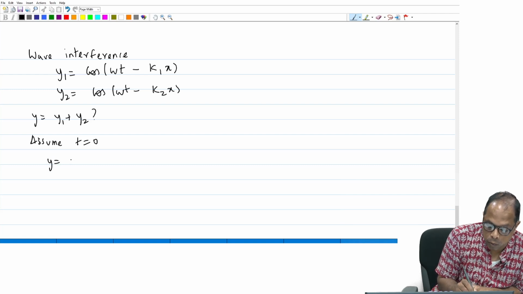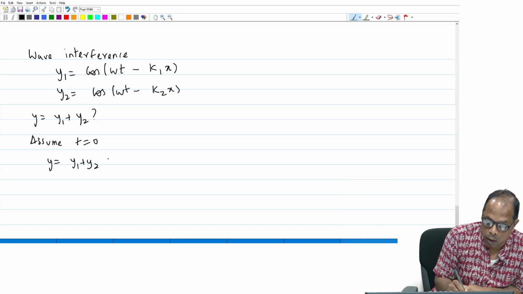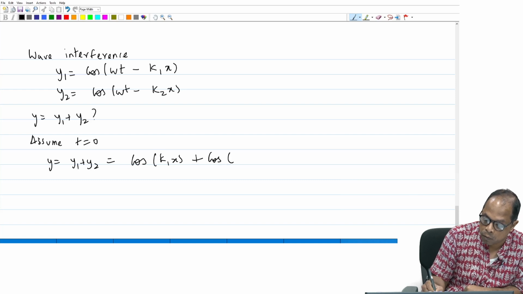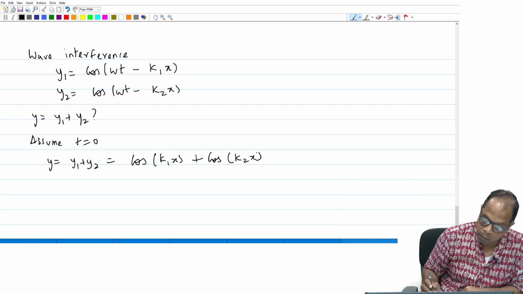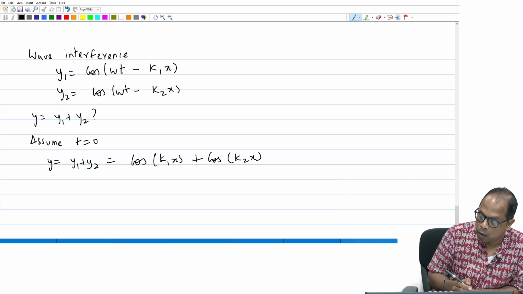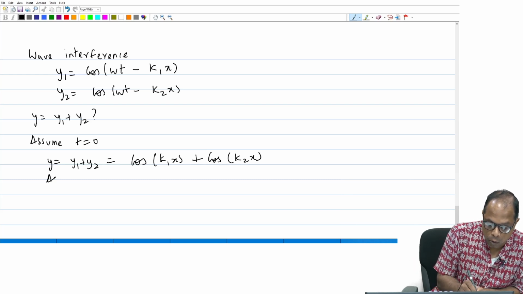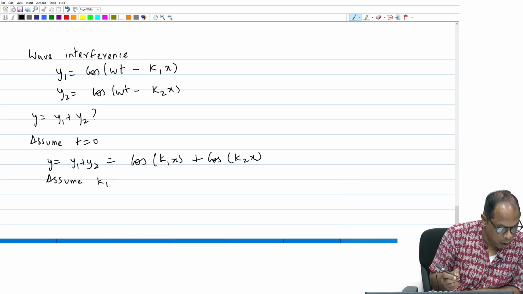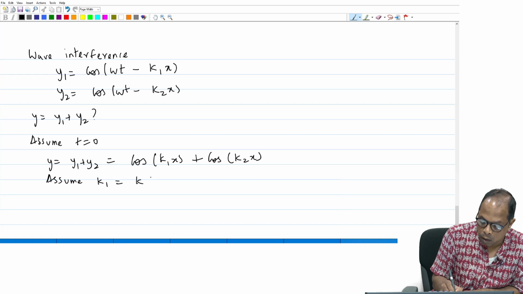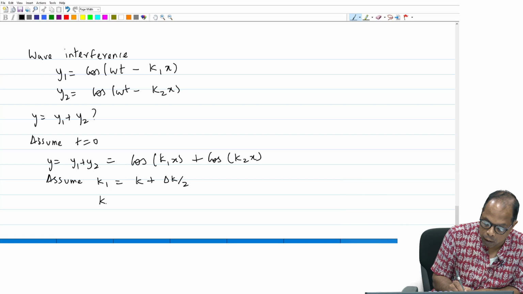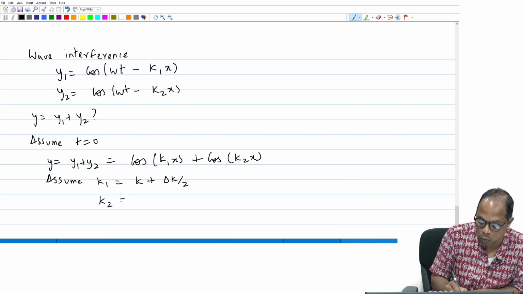So y is equal to y1 plus y2, and that will get you cos of k1 x plus cos of k2 x. Now, to simplify things, we are also going to assume your k1 and k2 are somewhat close to each other by writing k1 as k plus delta k by 2, and k2 as k minus